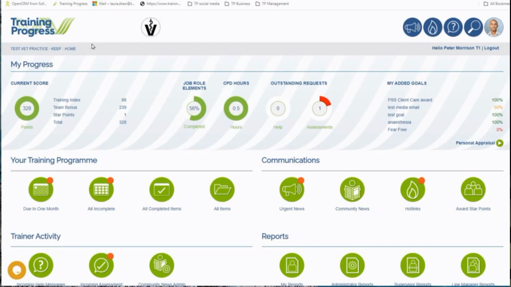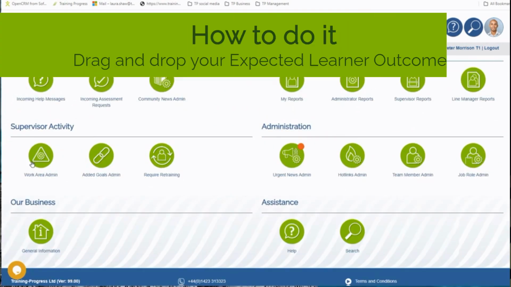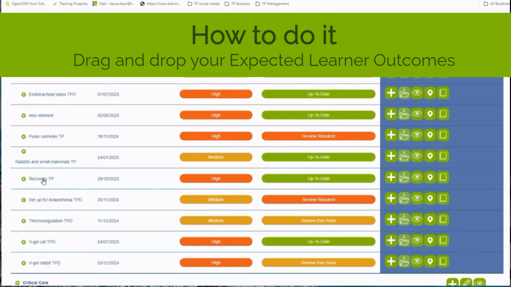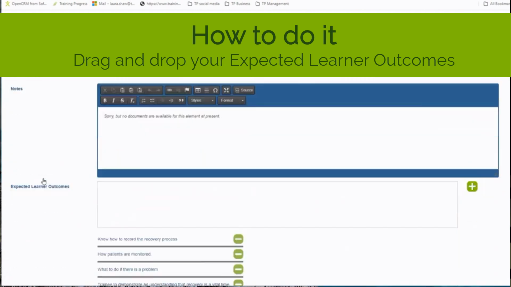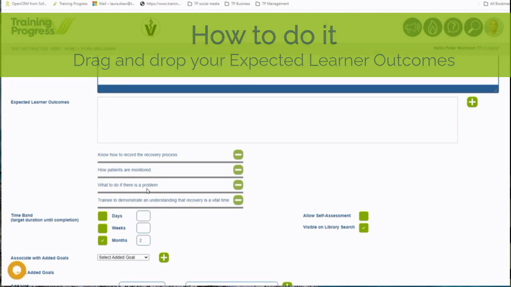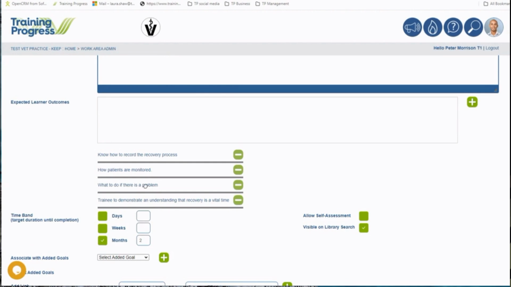This next feature allows you to easily reorganize your expected learner outcomes into the correct order. So we need to go to Work Area Admin and select ourselves an element. Scroll down to the expected learner outcomes, and you can see they're now divided up by these little lines, and when I hover over any of the expected learner outcomes, it brings up a little hand,